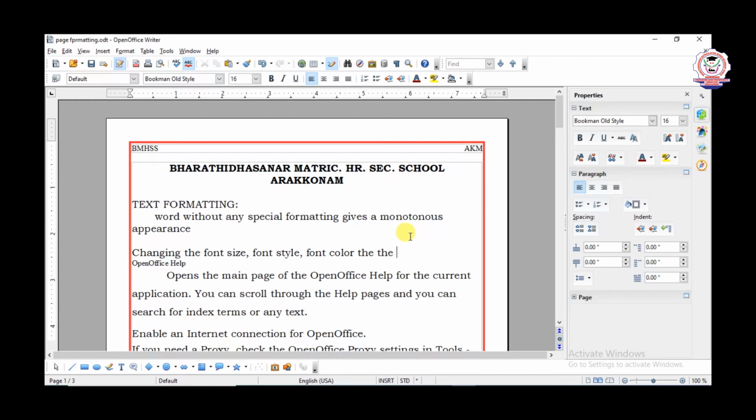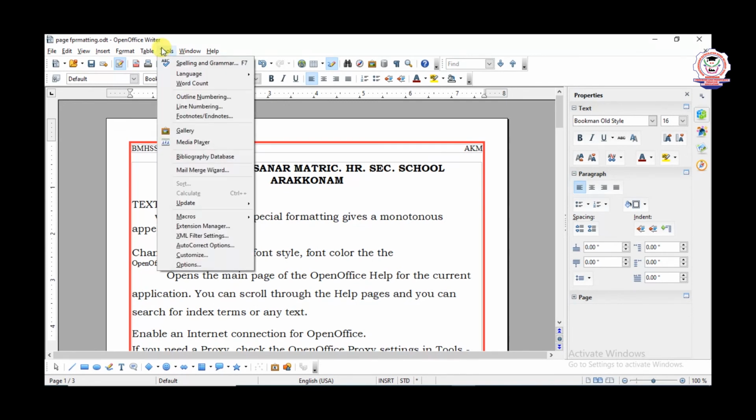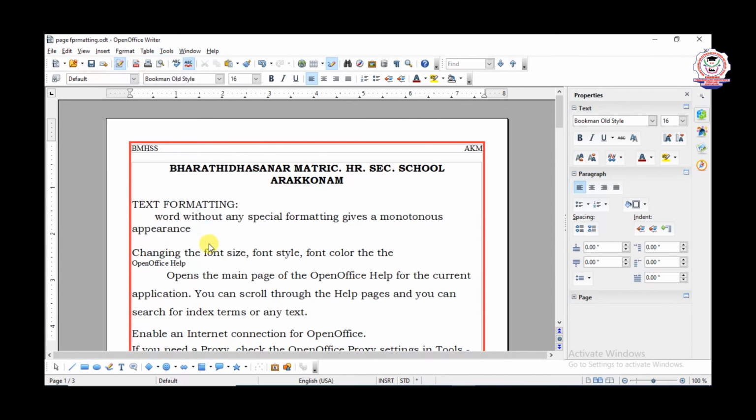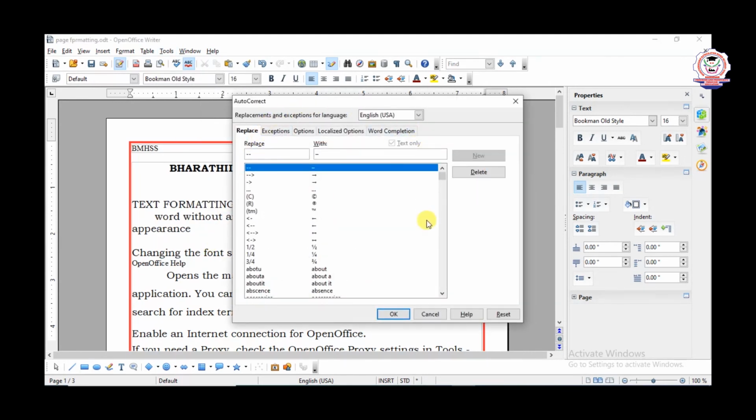This is called auto correction or automatic correction. How can we identify this automatic correction, and how are the words stored? It's very simple. We have a menu, that menu has Tools. In Tools, we have the AutoCorrect option. Click on this AutoCorrect option and we get the AutoCorrect dialog box.